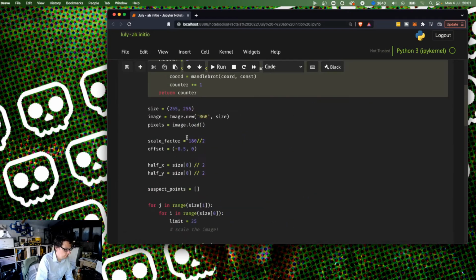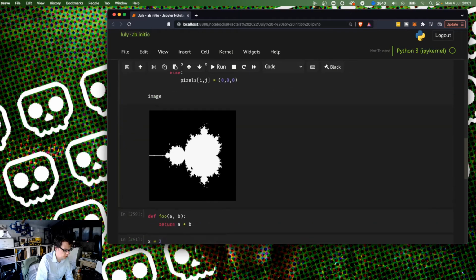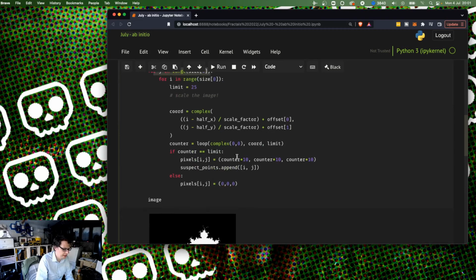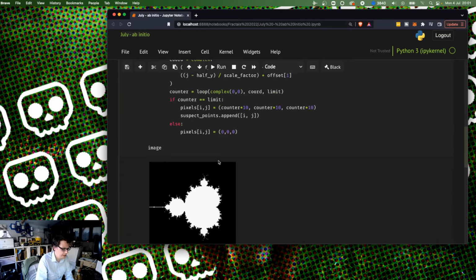If I put that in a loop, and up here I have a loop, so for my size is the size of my picture, because I'm about to draw a picture. For every pixel in the loop, how many times does it take to come out? Now basically, if it takes 25, I'm going to colour it in white, otherwise I'm going to colour it in black. And actually, if I take that out for a second, I do have a version of this which actually does a